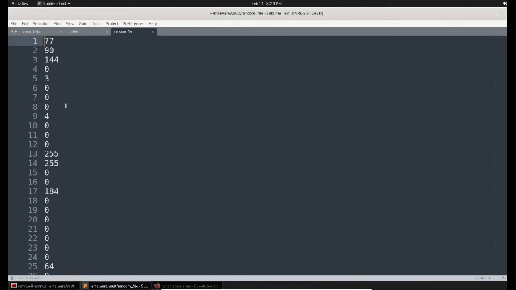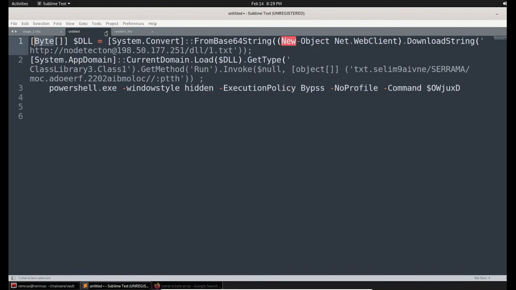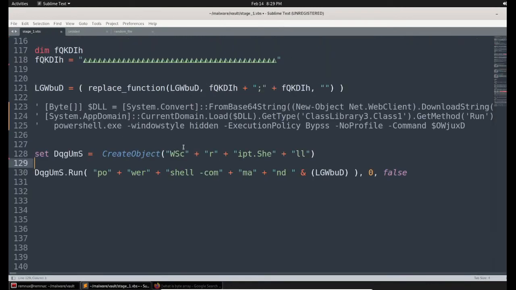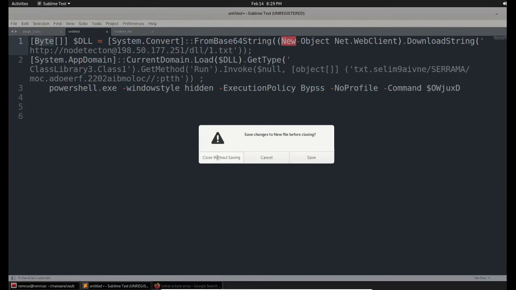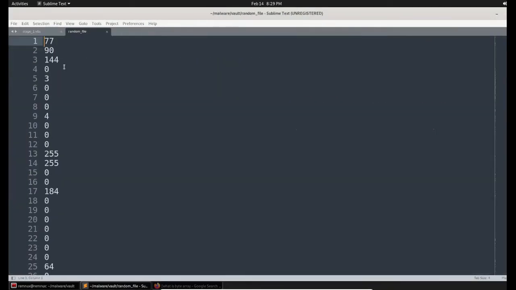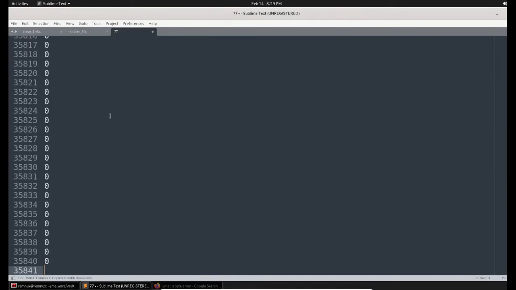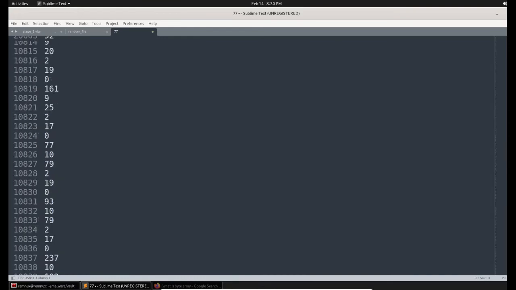In order to do that, I wish to use Python. But before that, let me format this file. I'm closing this file. Now let me copy the whole thing, create a new document and paste it here. Now I need to bring everything into the same line.